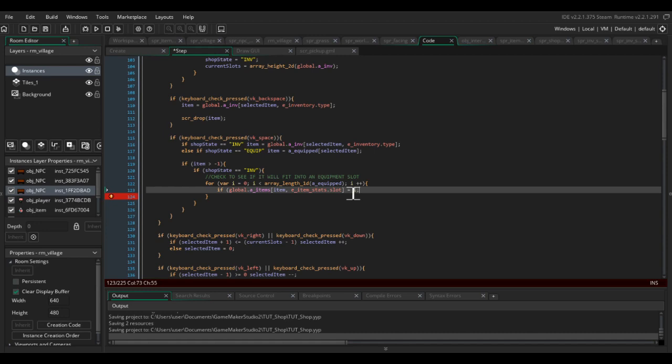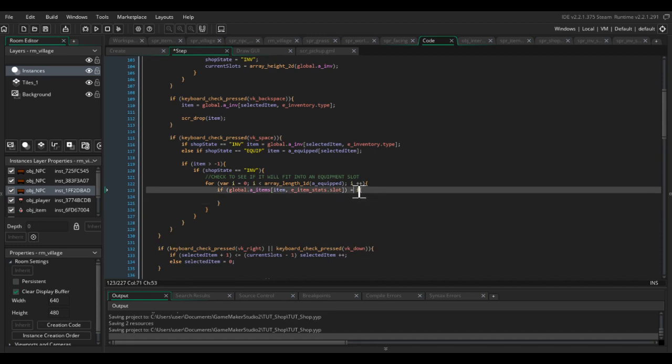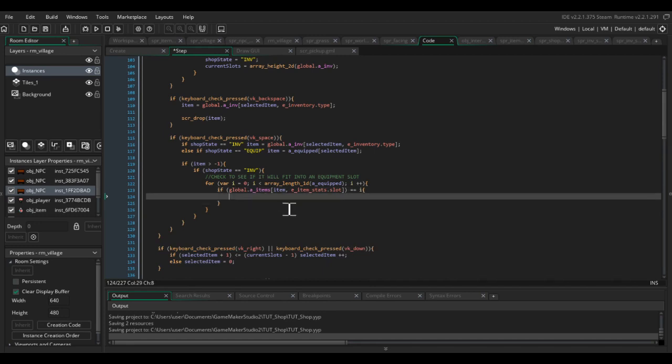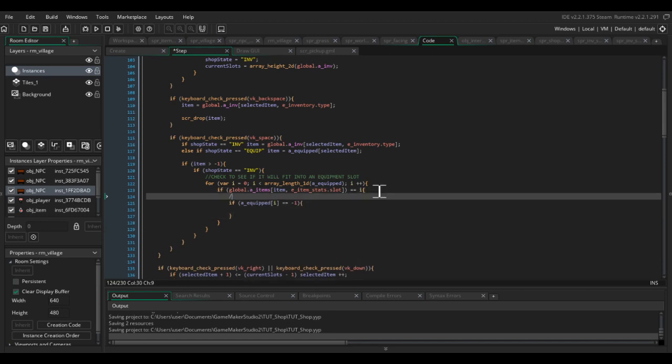So what we're doing is we're cycling through the 4 different equipped slots, and if this item matches 0, 1, 2 or 3, which is going to be head, chest, left or right hand, then we want to do something, we want to add it to that slot. Well, first we want to check if that slot is empty. So if aEquipped[i] is equal to -1, so check the slot is empty,